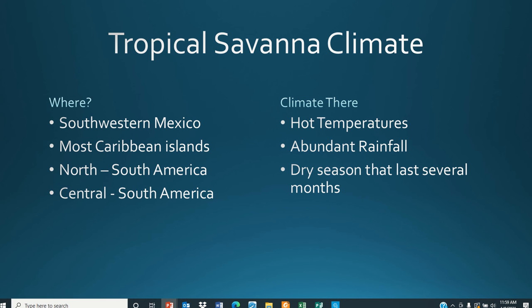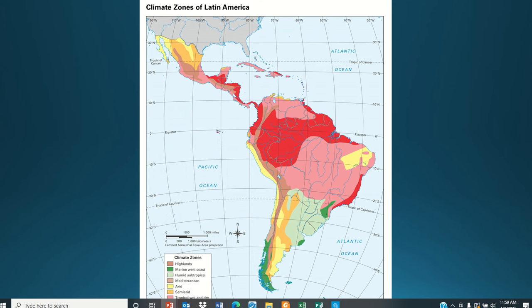All right. Tropical savanna climate. This is in southwestern Mexico, most Caribbean islands, northern South America, central South America. I already went over it. Hot temperatures, abundant rainfall, and it also has a dry season. So when we look at the map, here's our tropical savanna climate, this light pink area.